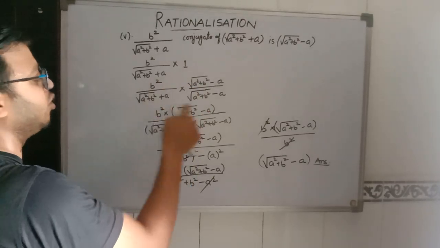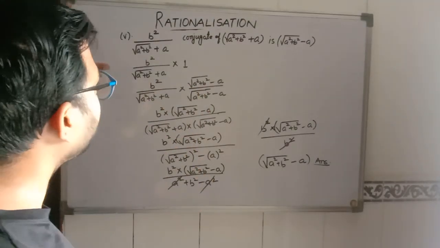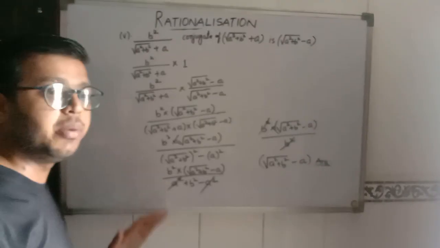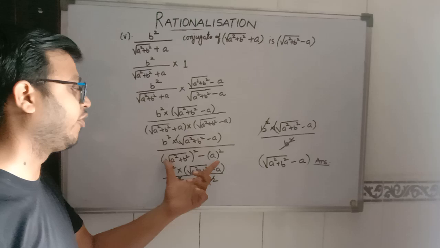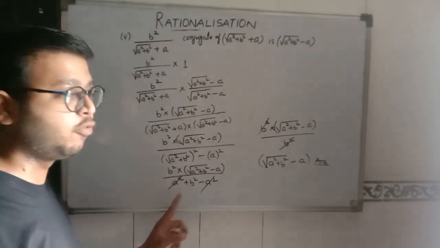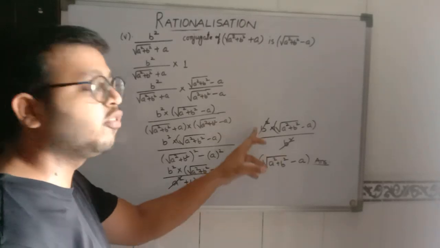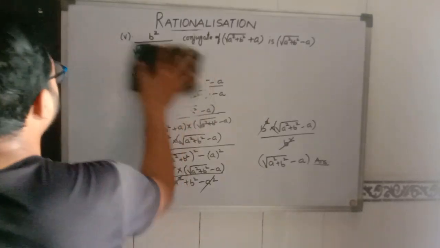multiplied. The numerator will be multiplied, and the denominator. Always remember that in type 2 questions, in the denominator the a square minus b square identity will always be formed. So after forming the identity, we got this result. A square is positive and negative, so these can be cancelled. Then b square will be cancelled and we got the final answer. So these are the type 2 questions.